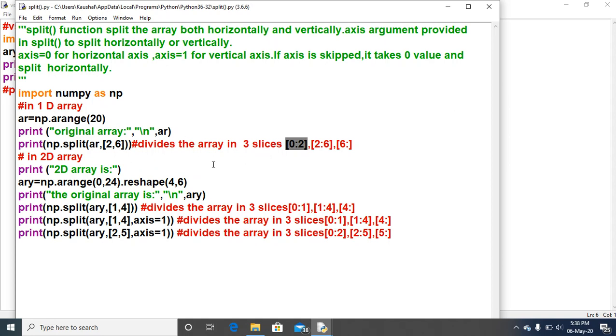Okay, so this is regarding the 1D array. First of all, I will execute the program for this 1D array only.